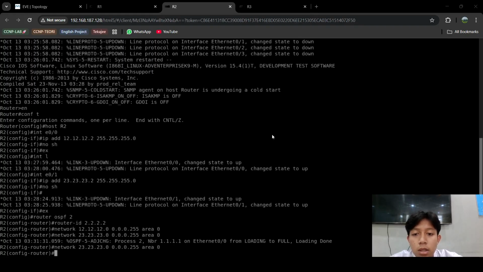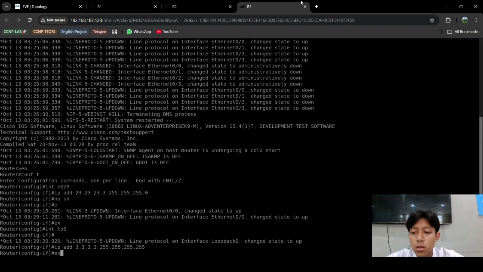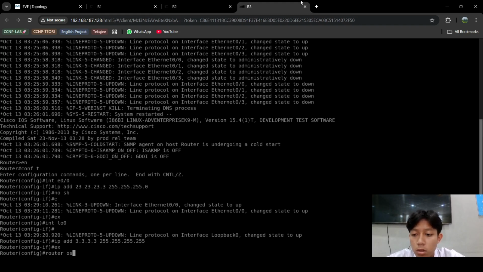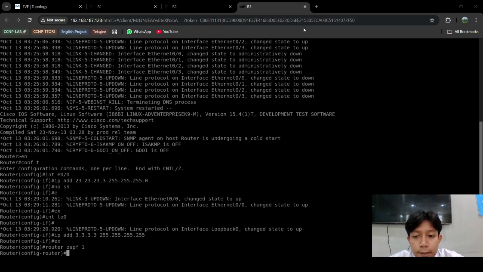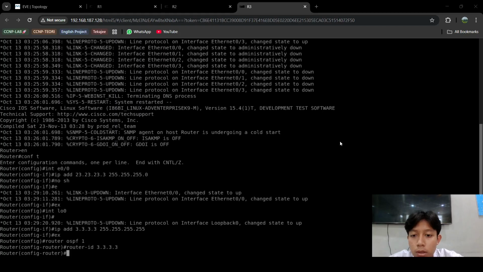Okay, next you can configure on router C. Type router OSPF 1, and type router ID 3.3.3.3, and you can type network. You can add the loopback IP first, and you can add the wildcard mask.